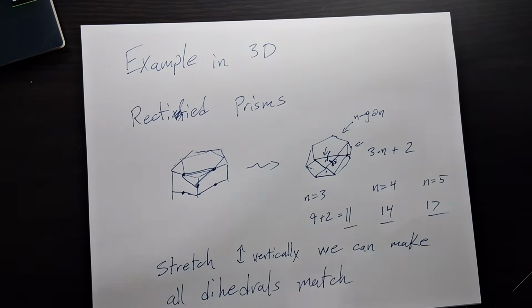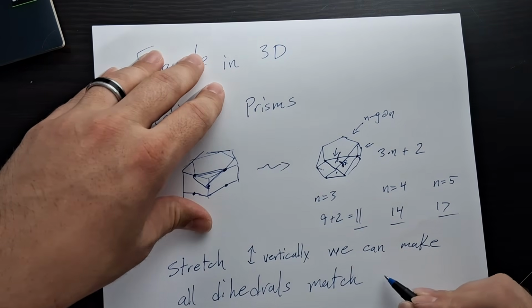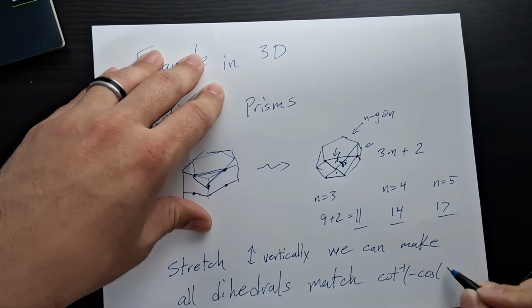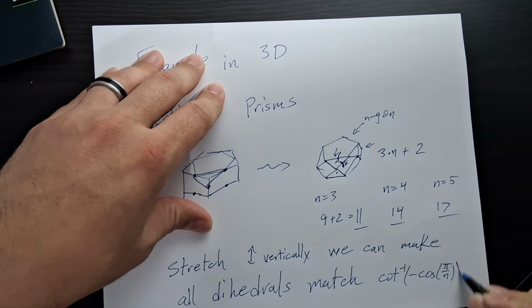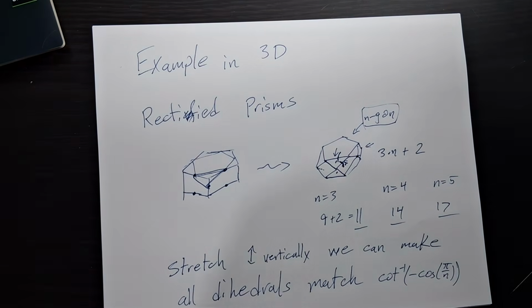And this occurs at the following dihedral angle. So you can sit down and calculate this, and it ends up being inverse cotangent of negative cosine of pi over n,